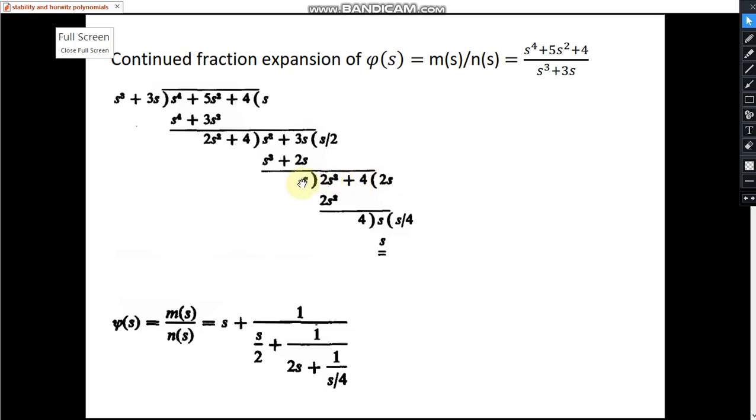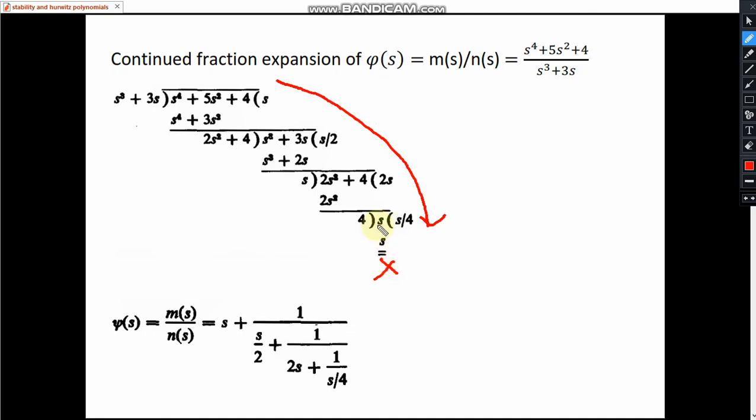This divided by this, it will come out to be 2s. 2s multiplied by s, this will come out to be 2s square. So this minus this, 4, copy this here, this divided by this, now this into this, now nothing is left. Okay, nothing is left. So the process does not terminate abruptly at any stage. We go up till end.